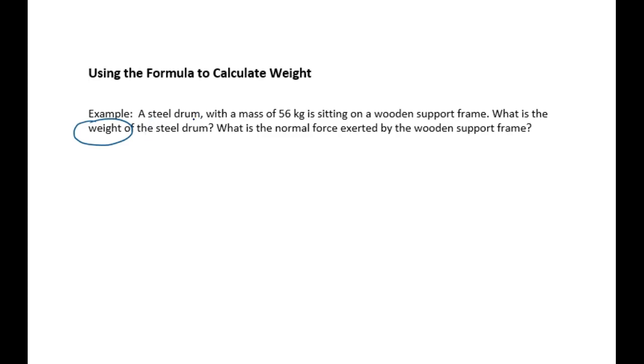So what are we given in the question? We're given our mass. Our mass is 56 kilograms, sitting on a wooden support frame. Remember that our formula is that weight is a force, and it's equivalent to mass times acceleration, but acceleration in this case is going to be gravity. It's just sitting there, so we have the force of gravity on it. So our weight is 56 kilograms, so we don't have to do any conversions there, it's already in kilograms. And gravity is a constant, 9.81 meters per second squared, which is what we need it in. So when we plug that into our calculator, we get a weight of